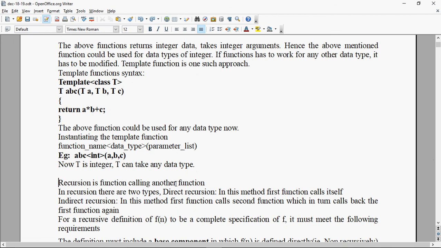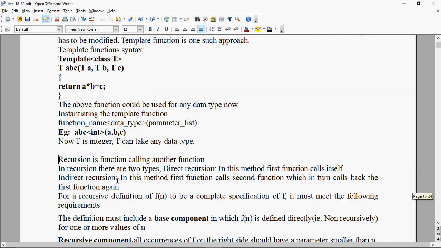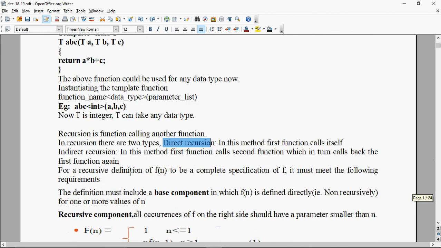Recursion is a function which calls another function. In recursion you have 2 types: direct recursion and indirect recursion. In direct recursion one function calls another, and in indirect recursion one function calls another function, the second function may call a third function, and finally the last function will call back the first function. So it is kind of loop based. That's your indirect recursion. Whenever you define a function,